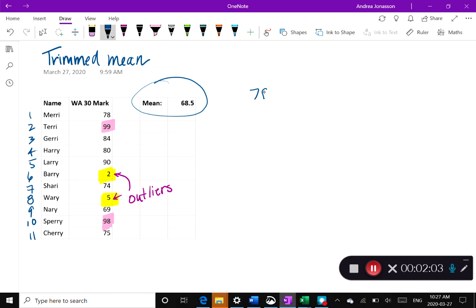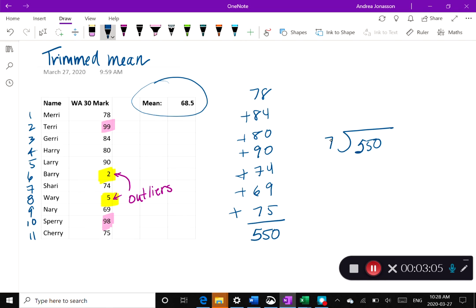So that means we got 78 plus 84 plus 80 plus 90 plus 74 plus 69 plus 75 equals 550, and because we got 1, 2, 3, 4, 5, 6, 7 items here, trimmed mean is going to be